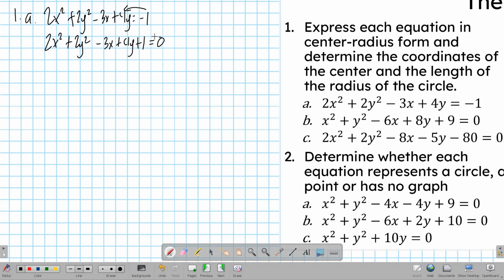Ngayon na naka-general form na yung equation natin, then we can now use the two different methods to find the equation in center radius form, then determine the coordinates of the center and then the radius. Yung first method ay through algebraic method. Kung naaalala nyo, in the previous video, pinakita natin abstractly yung relationship between center radius and general form na it involves square of a binomial and perfect square trinomial. Ganon din dito. So the first method is using that method na using algebraic solution, emphasizing on square of binomial